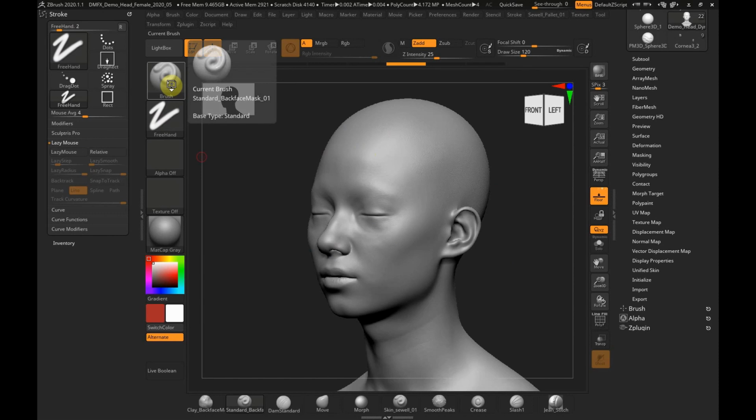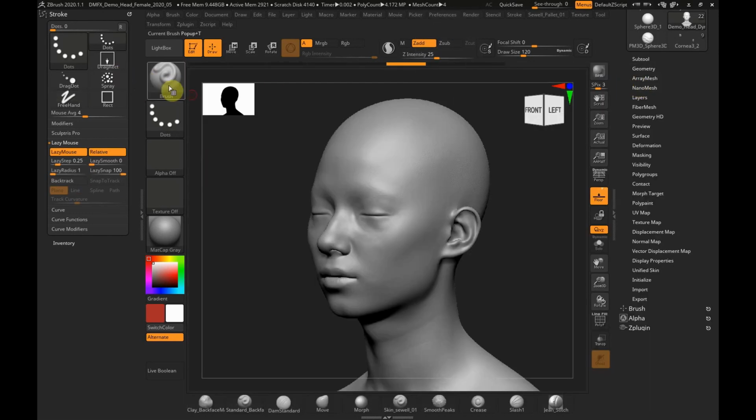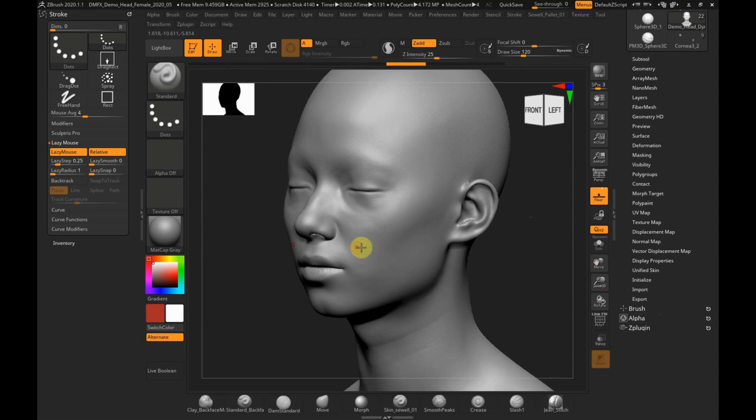We've just got a standard brush here. Let's make it a completely standard brush because that's one with back face masking. This by default is actually switched on, but I wanted to talk about the lazy mouse and a little bit about the lazy snap and backtrack and how that works with the brushes and why it could be useful to you. So we have this head form of this woman with her eyes closed, and we've got a standard brush and we've got the lazy mouse. Now one of the things quickly, you can switch that on and off with the L key, so that's the shortcut for that. And as we discussed before,